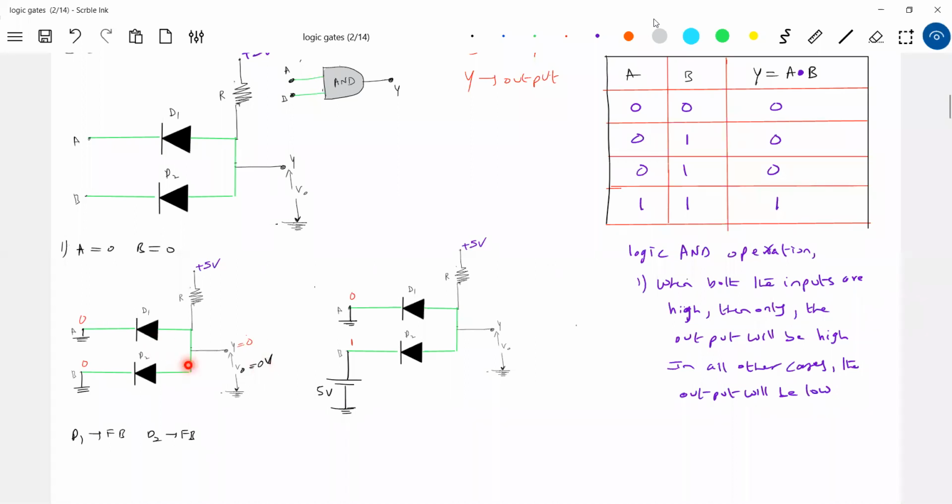So both the diodes are forward biased. If you go for an ideal short circuit, then the potential at this point will be the same thing, so 0 volt. Okay, what will happen here now? This will be unbiased, no? Plus 5 volt, plus 5 volt, 5 volt. So diode D1, second case: D1 will be forward biased, D2 will be unbiased. Then the whole current will pass through like this.